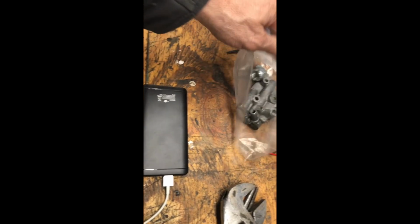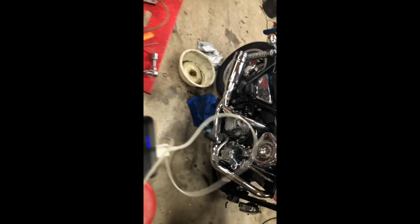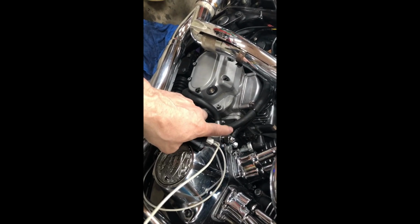Here's the oil pump out of my spare Evo engine, and I got the springs in here for the pressure relief valve and the anti-sump. The Tatro Machine channel on YouTube, Tatro, is a great channel on Harleys, rebuilding Harleys, all years, all models. And he has the exact measurements of the spring length and the wire thickness and the width. So I went to that and I checked the spring length on my